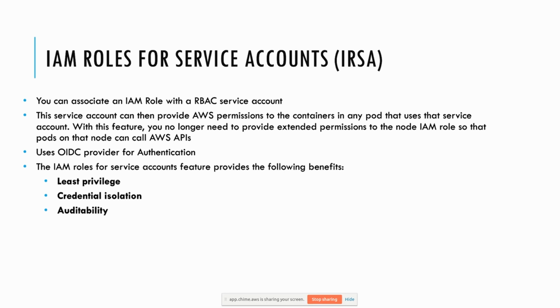So this pod has this service account, and it can only talk to Secrets Manager. When it makes an API call to AWS, it can only do Secrets Manager. Clearly the benefits of this are least privilege, credential isolation, and auditability. Now in your CloudWatch logs and CloudTrail, you can see which IAM role made which request to AWS, and what the actual pod did to your AWS account. That is a nice feature that helps a lot.